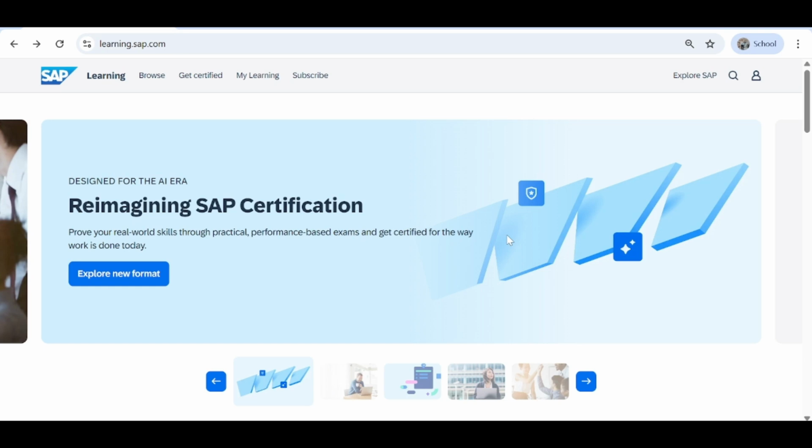So if you do not have SAP system access from your college or university, you can still get the SAP system license completely free of cost. For that, you have to